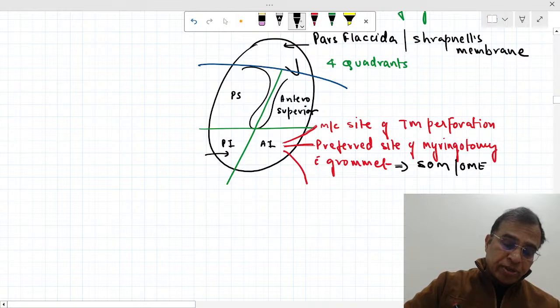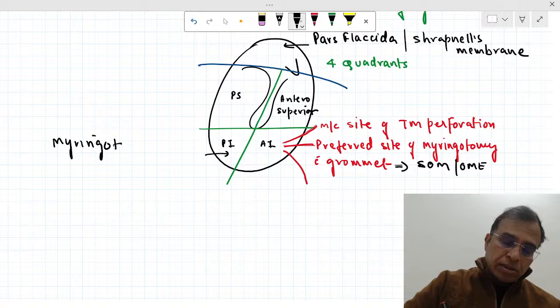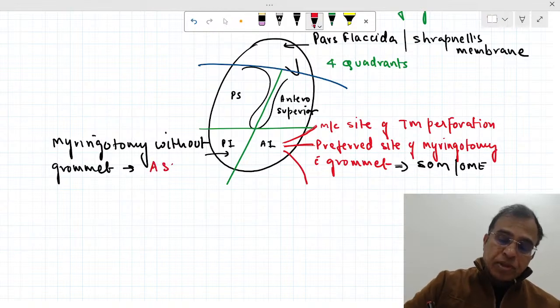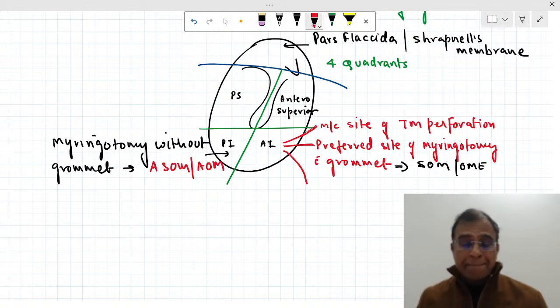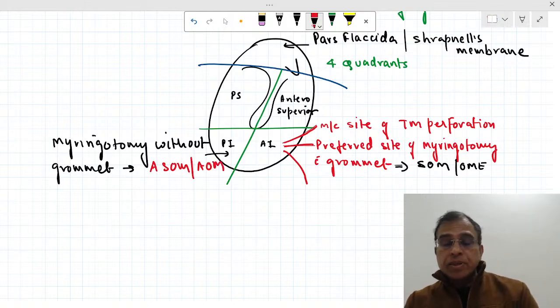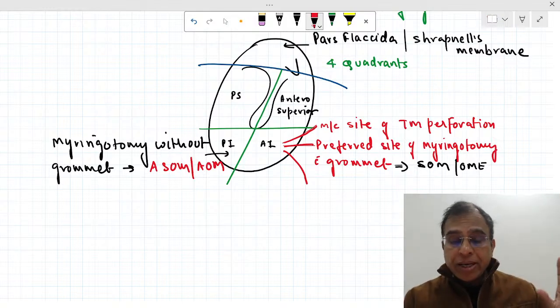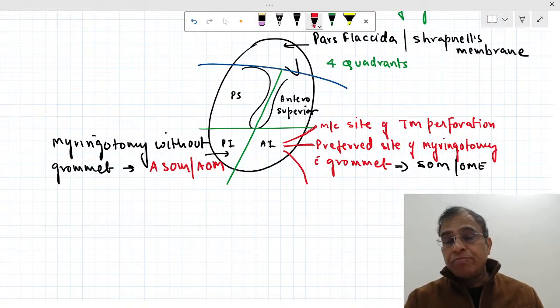Now posterior inferior quadrant is important again for a procedure. Posterior inferior quadrant is preferred in myringotomy. When you do myringotomy without grommet, then we do it in the posterior inferior quadrant, and this one is done for ASOM, or you can call it AOM, acute otitis media. So see, these two surgeries, one is myringotomy with grommet, one is myringotomy without grommet. The indications are different and the sites are different, and that's why it becomes important from the exam